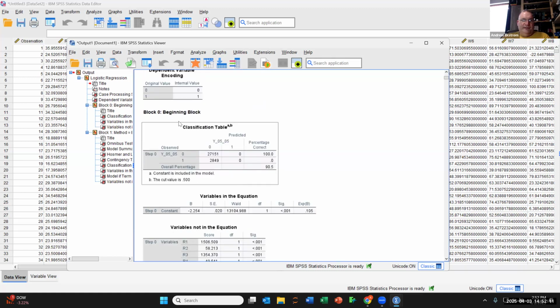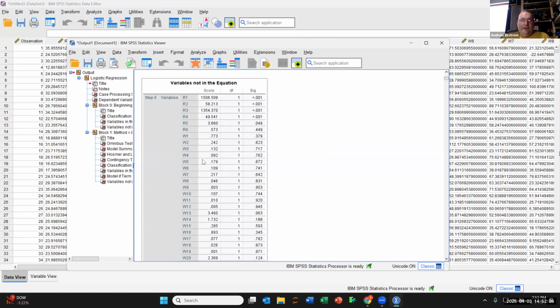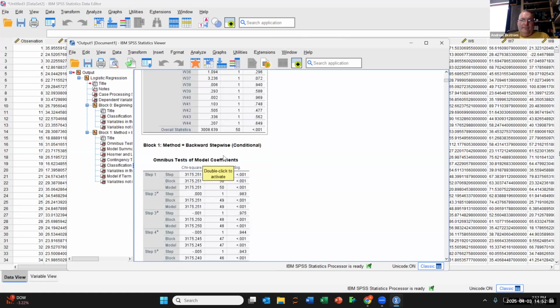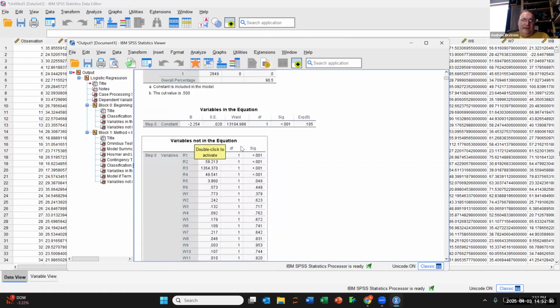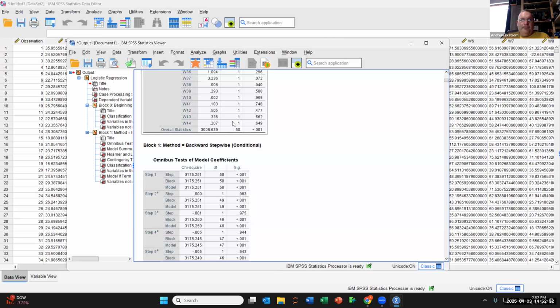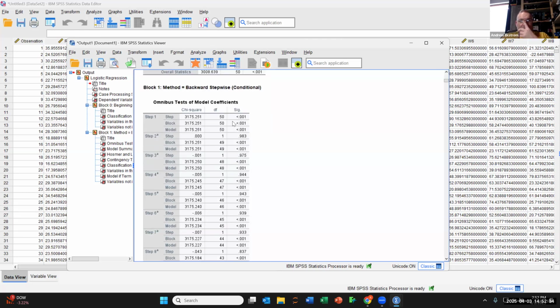Looking at this classification table, you can see that it says up here, block 0, beginning block. It puts everything into the 0 category, meaning no. We need to improve upon that. And I don't know why it does all this stuff at the beginning. But now it can get to